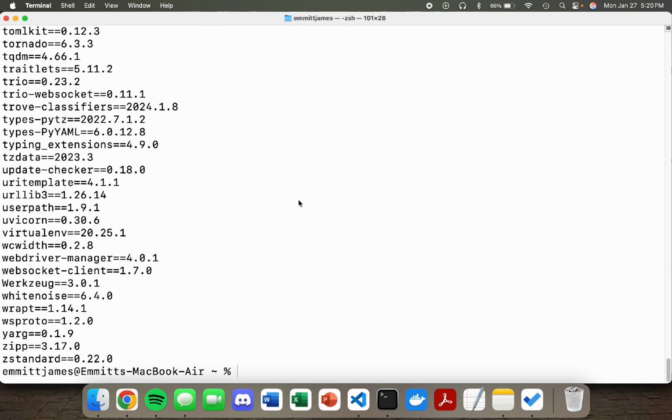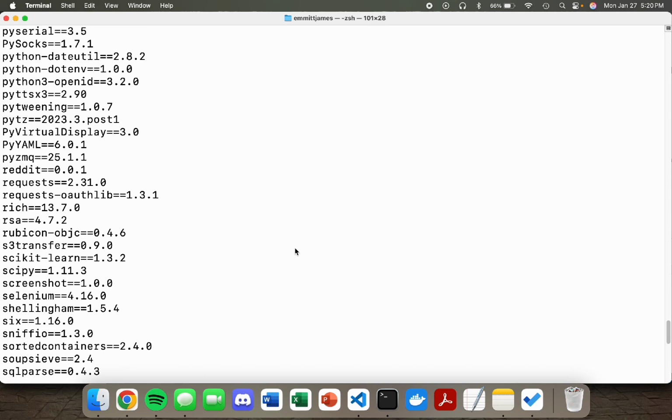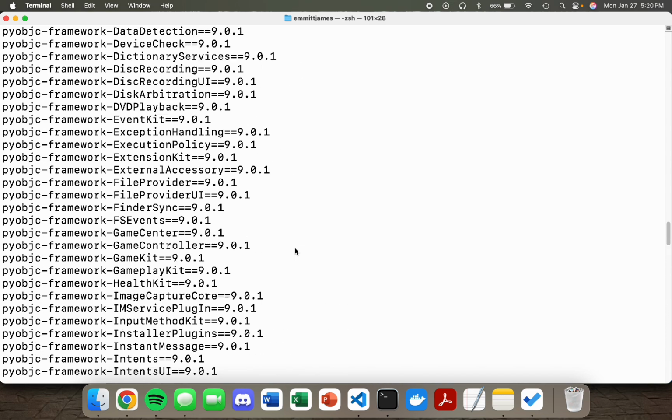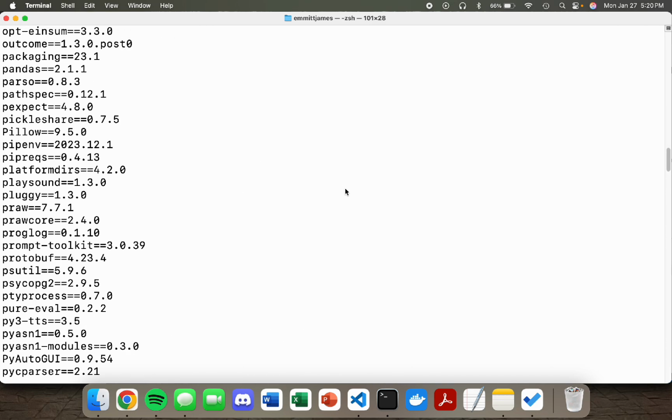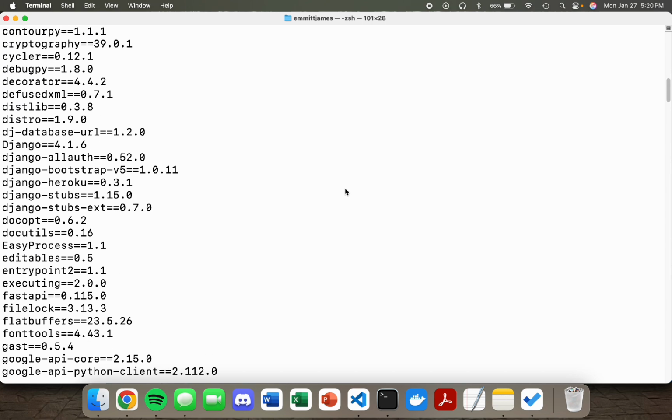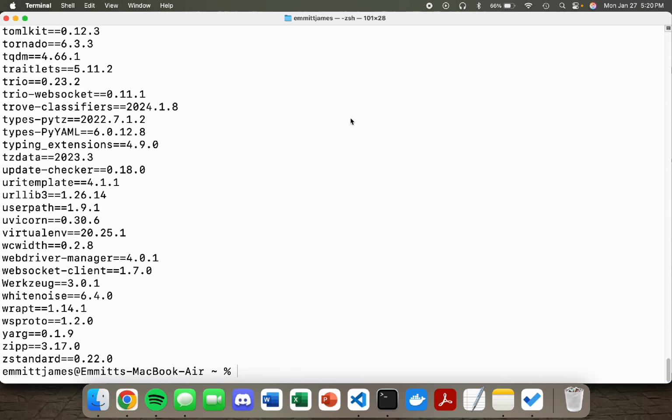So if I do a pip freeze, I could see my current global Python environment. And you can see there's a lot of stuff in here, a lot of junk. A lot of this is from the past when I would just dump everything into my global environment without thinking about it. And this can create some serious problems when you're working on multiple projects that are all using the